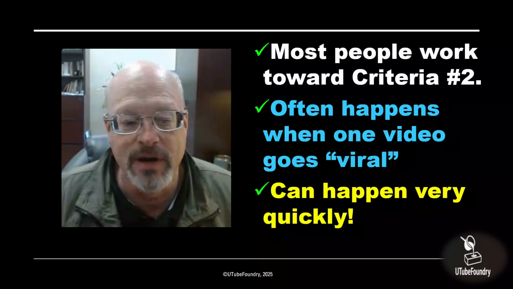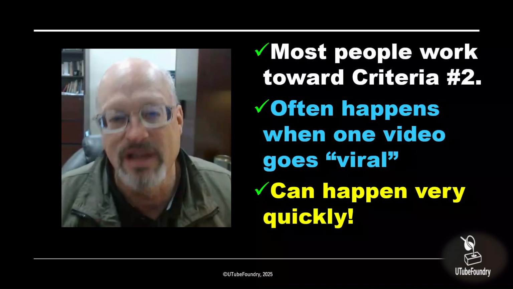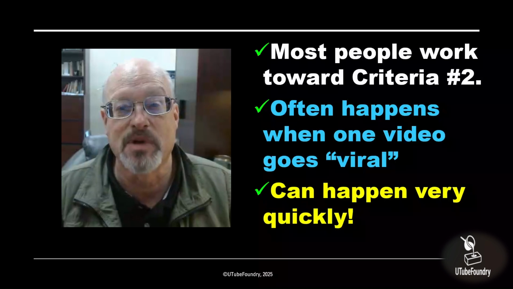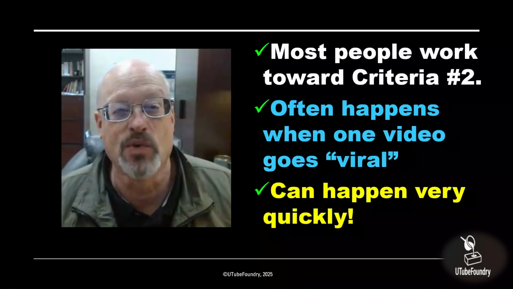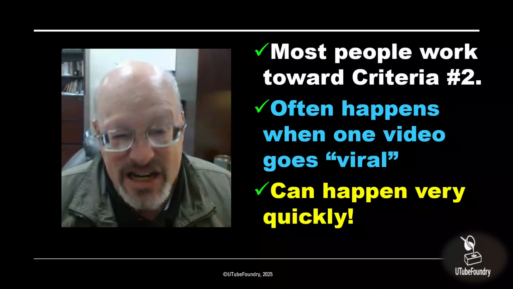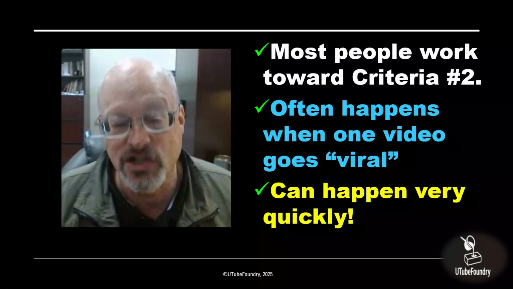That's still my number one video. And it can happen very, very quickly. If you have a video that happens to hit really fast, you can get those 4,000 subscribers in a month, or maybe even less. So that's the thing that you want to do, right? If you find that magic video, that magic content, that magic subject that gets you there really fast,